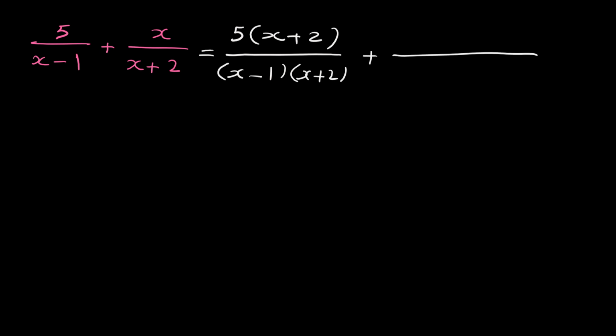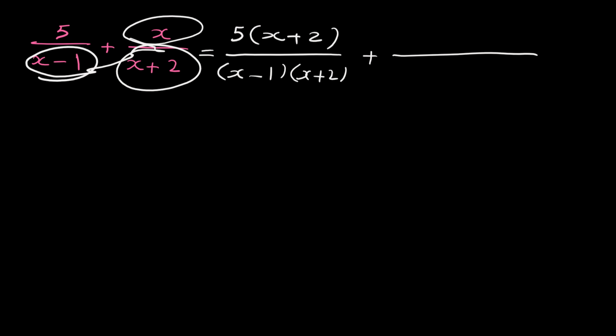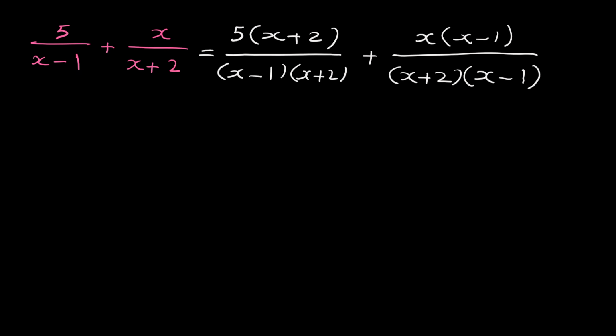And for the other fraction, because we want to make the denominator the same, we multiply the numerator and denominator of this fraction by the other denominator. So we multiply numerator by x minus 1, and we multiply the denominator of this fraction by x minus 1. The reason that we have to multiply numerator and denominator by the same expression is that we want to multiply